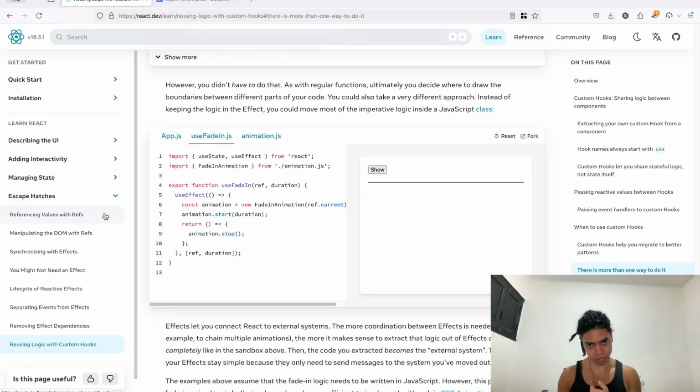For example, your web API exposes certain events that you want to subscribe to. That's when you use a particular hook called useSyncExternalStore, as a way to synchronize with external data that React is not aware of, and make it aware of that. And they provide this nice little convenient hook